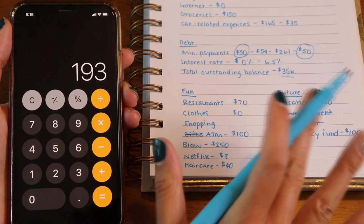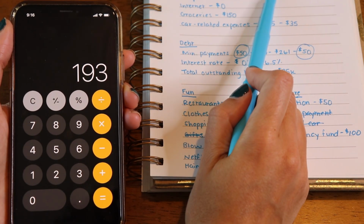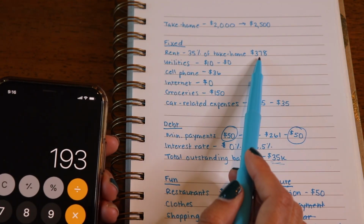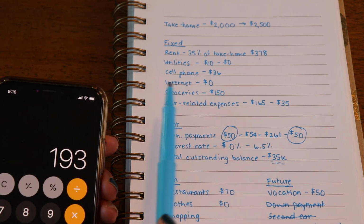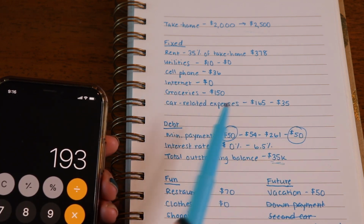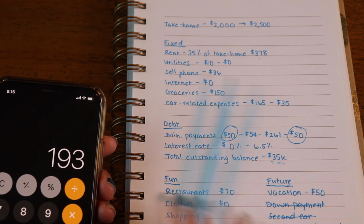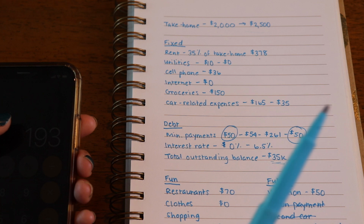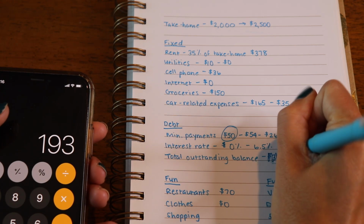Now, the way that I was able to make all of this work is by focusing on making sure my basic living needs were very, very minimal. So I was focusing on getting a roommate and then increasing my income over time, keeping all of these living expenses very low, not upgrading my car, literally driving the same car since I was 15 years old. Even after I got in a rear end accident that completely shattered my bumper and bent the frame and everything, I still drove the car as is because I was so laser focused on getting rid of this $35,000